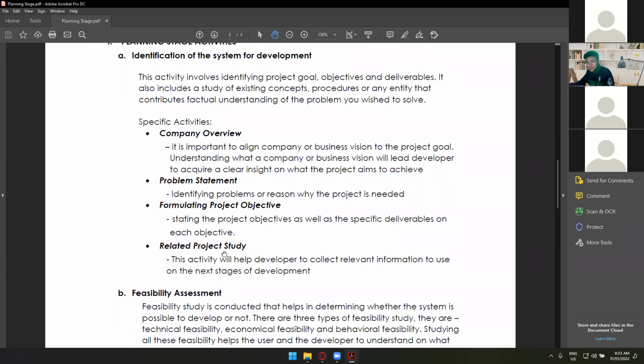And then lastly, we have here the related project studies. So you guys already know what to do with this one. Just find a related project with the project that you're going to create, so that you'll be able to gain more information regarding that project, and with that you can probably improve that related project that you have found. So basically this is your